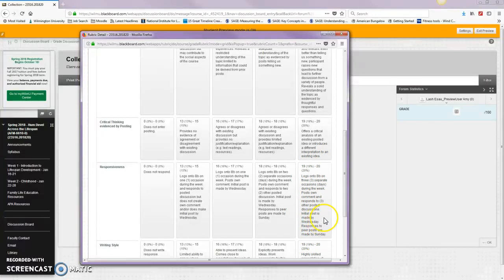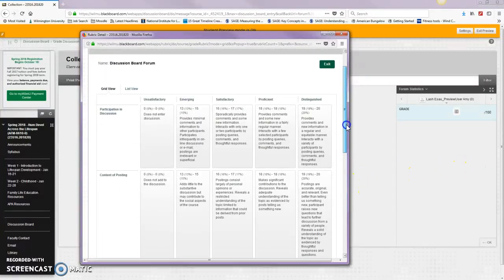You make your initial post by Wednesday, your responses to peer posts are made by Sunday, you log in at least 3 different occasions during the week, you post your own comment and respond to 3 other posted discussions. Some students are very ambitious and will give 4, 5, 6 posts. Those folks will get a 20. If you do 3, I'll probably just give you 19, because there's got to be somewhere to acknowledge the above and beyond participation of those folks. Other elements of the discussion board rubric: